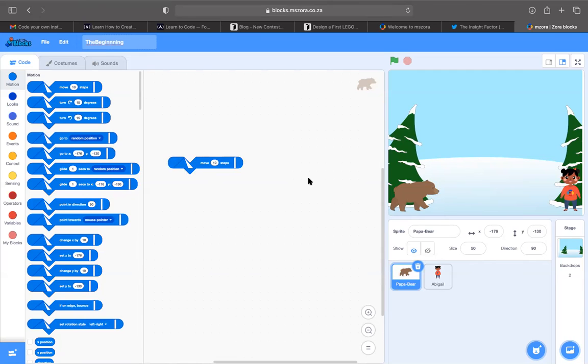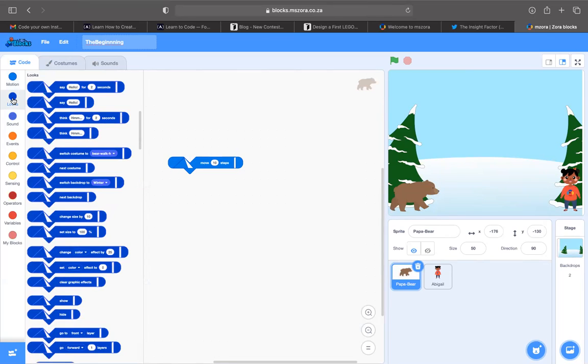And in order for us to use the other sprites as well, we are going to go to the coding, the looks category. And in looks, we are going to see what can we use to change our looks. This one says, say hello for 2 seconds. That's not what we want. We don't want it to think. We want to switch a costume, all right? So we can either select this one, or select this one. But let's see what each of these will do.